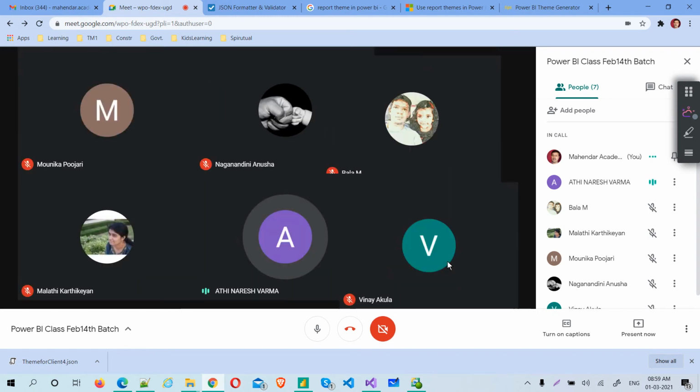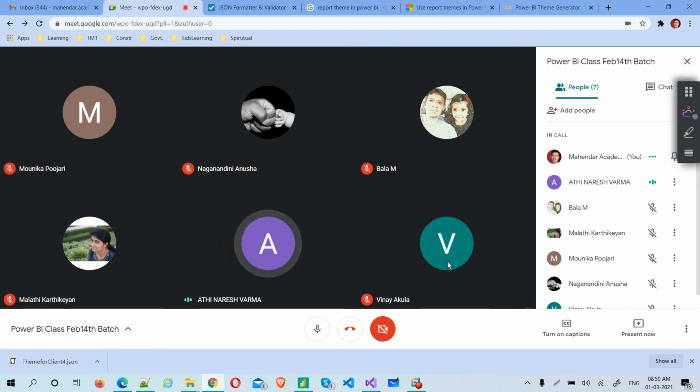Mahendra, actually in real time, which type of customized themes will we use? There is no hard and fast rule. You can by default use one of the themes, and users might definitely ask you to customize, because they want to spend some hours on it. But if they are really smart people, then they will ask you to choose any one of the two themes that they like. Or otherwise, there is one more option, guys.